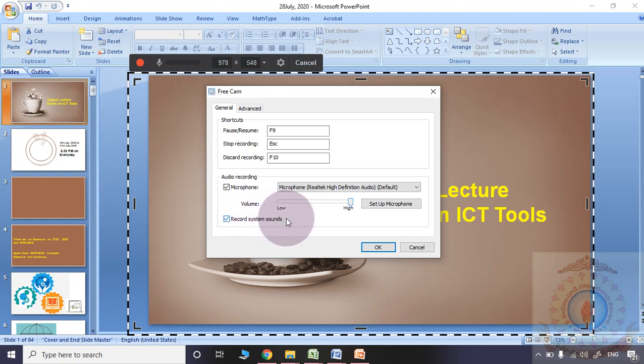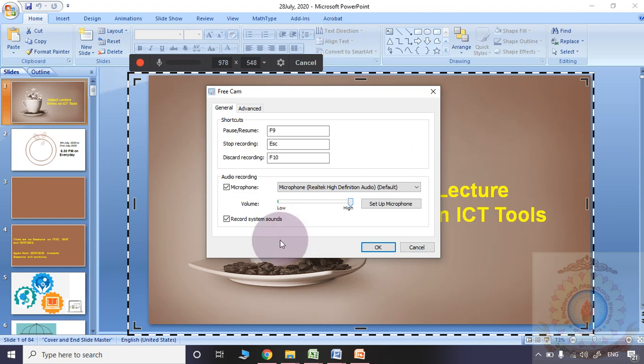You may ask why it is required. Why am I supposed to select this record system sounds? If you insert any audio file or video file in your PPT, whenever you click that slide, the video will be playing. Yes or no? Whenever it is playing, the audio in that video should also be added to your recording, isn't it?